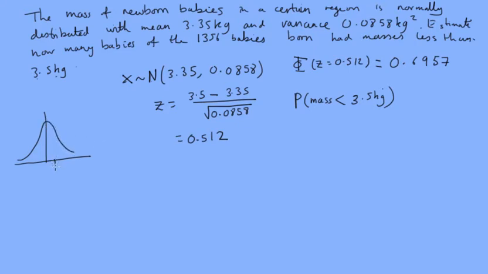So this is our value for z, 0.512, and the area less than this is going to be 0.6957, which means 69.57% of the 1,356 babies will have a mass less than 3.5, which comes out at